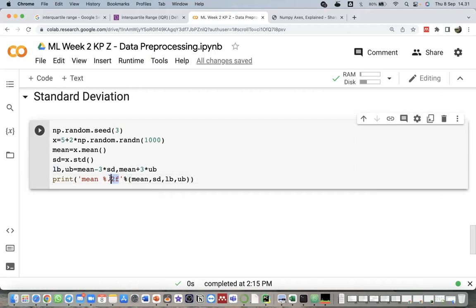The first percent point 2f will represent the mean values. The next one is the standard deviation. Then the next one, percent point 2f, will represent the lower bound values. And the last one is the upper bound. Okay.